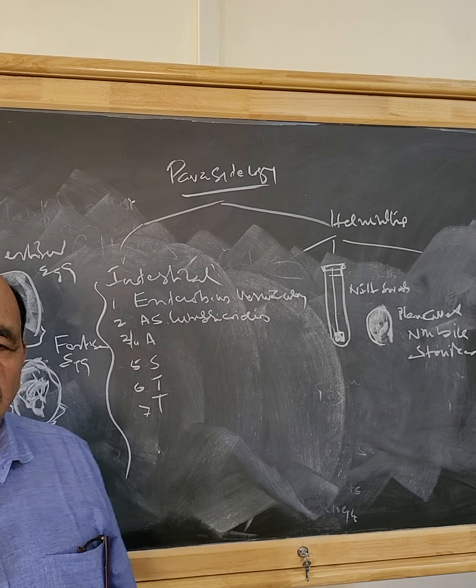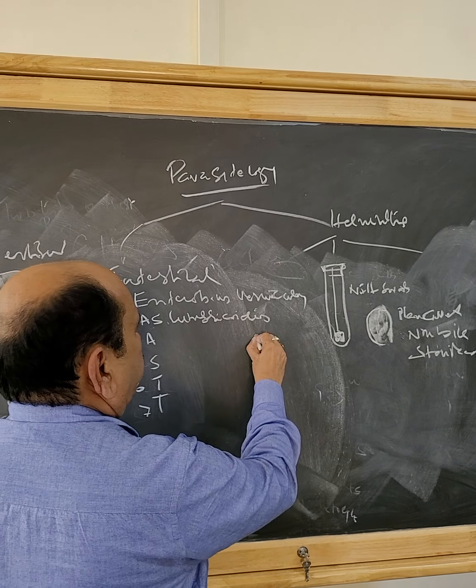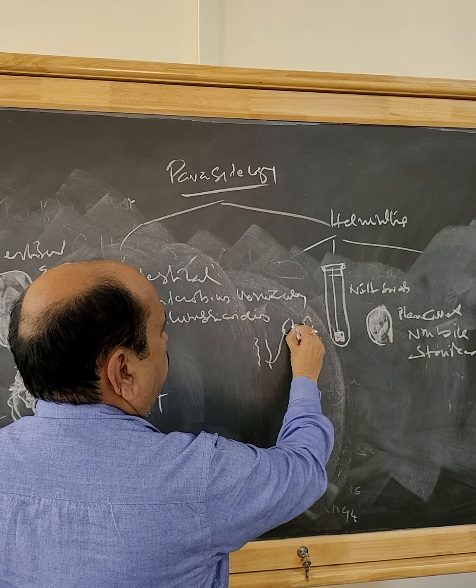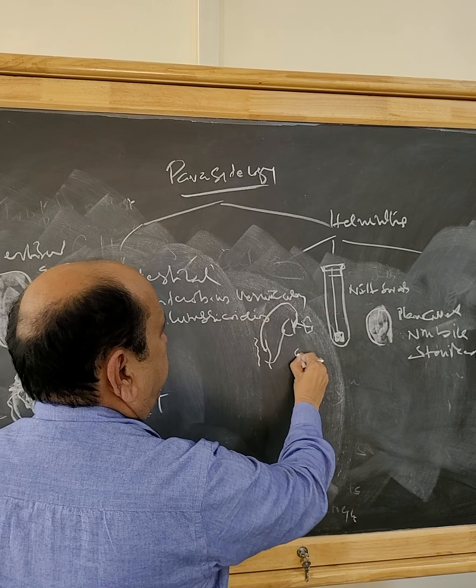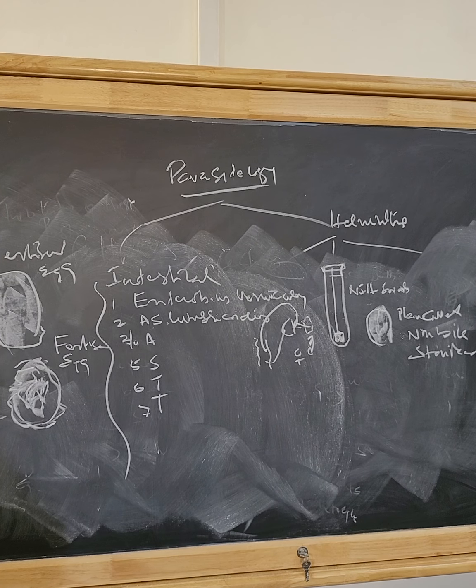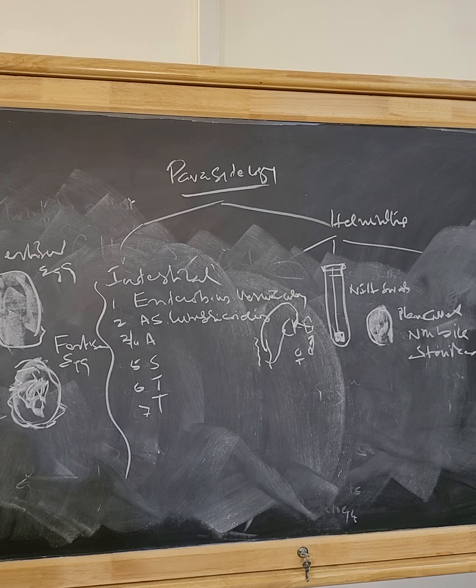The life cycle of Ascaris lumbricoides is not simple. When it goes to the intestine, it will not stop there. It goes to the lungs, creeps up to the trachea, comes back to the esophagus, and comes to the intestine and develops into male and female adult worms. Please remember, the life cycle of Ascaris lumbricoides is not simple.